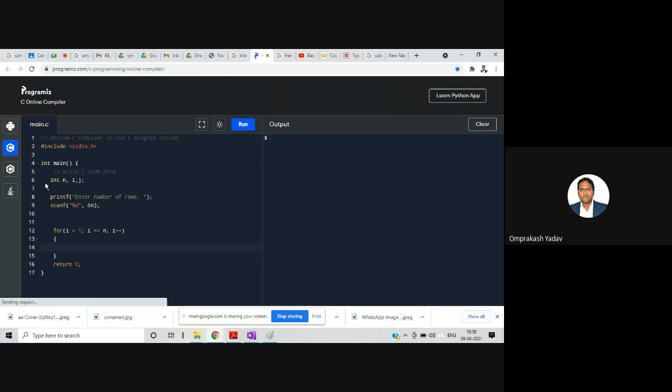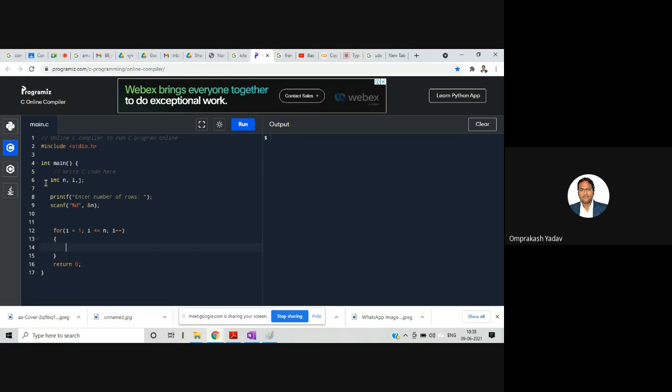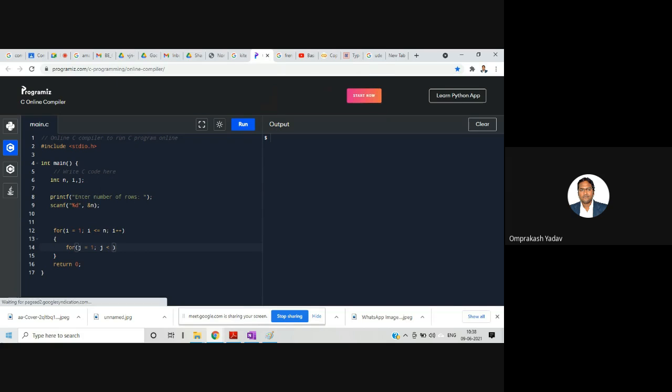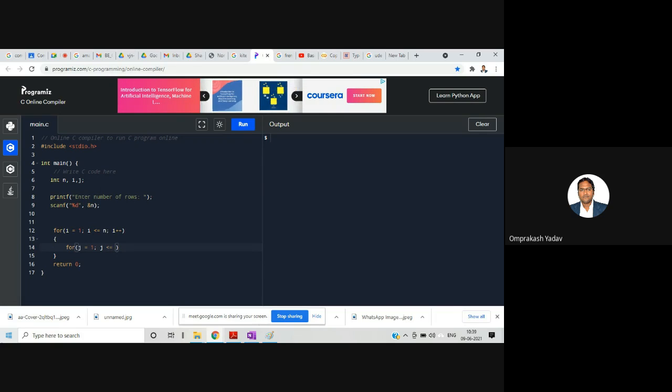I told you this is the first type of pattern. So in the first type of pattern, you just try to remember that the loop will be like this. For i is equal to 1, i less than equal to n, i plus plus. So whatever the number of rows is there, with the external loop, we will move that many number of times. And the internal loop, also we saw the pattern will still remain the same. For j is equal to 1, j less than equal to i, j plus plus.